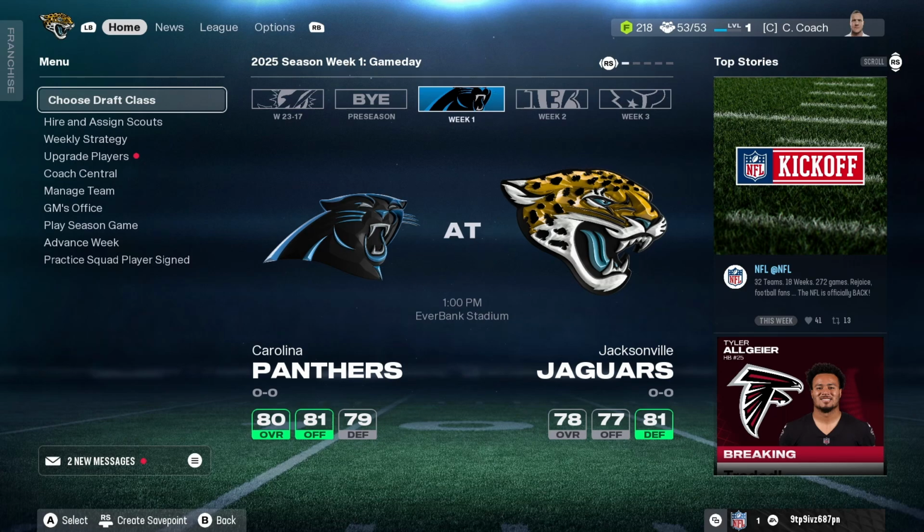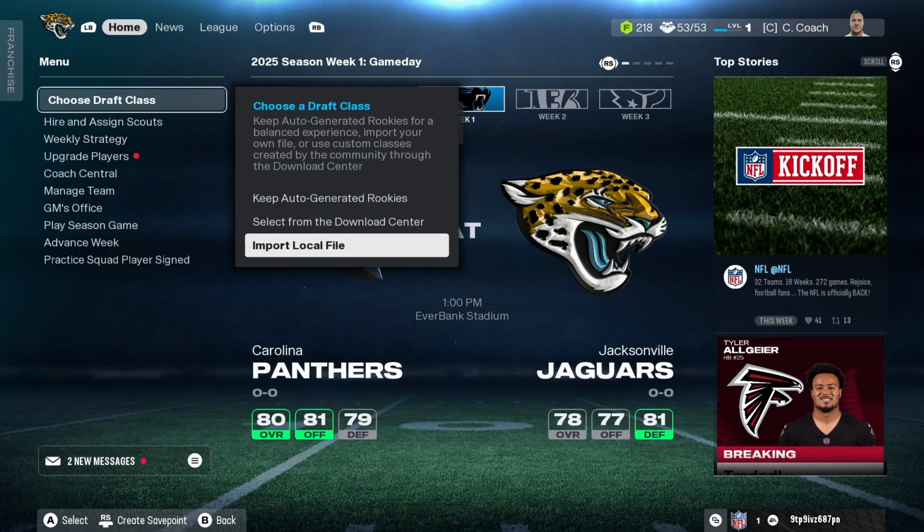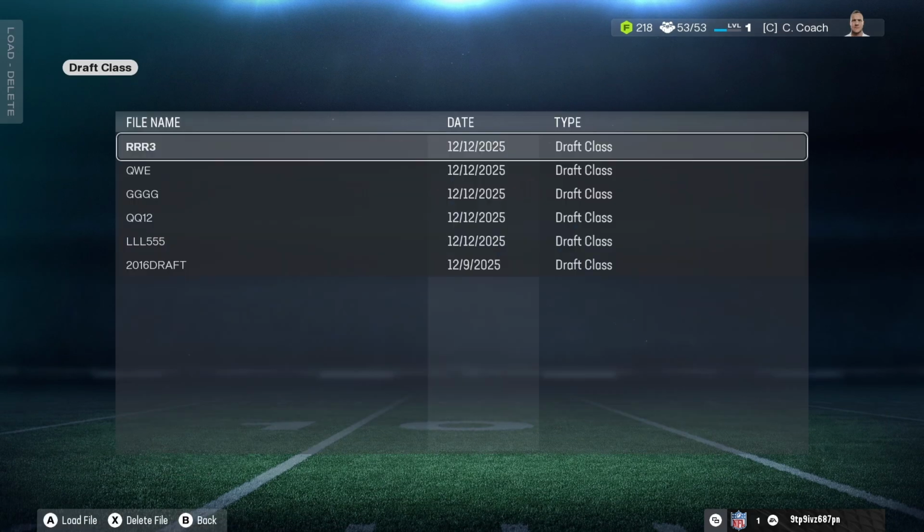Choose the first option, choose draft class at the top, and this time we're gonna choose import local file. And yeah, right here this is the file which we have created, and that's exactly how you can edit draft class in Madden